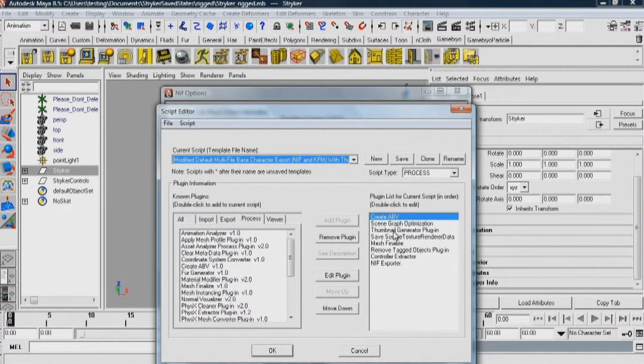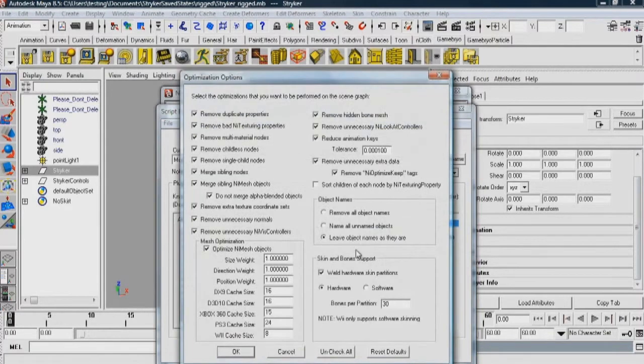So this is a good thing to check if you find that your skinning isn't coming across exactly the same as you set it up in Maya. You can pull this number down to 1%, or take it as high as you can take it, all the way up to 50%, but you probably don't want to get it that high because then things are going to look significantly different. Another thing that it's going to do when it exports your character and animations is, by default,